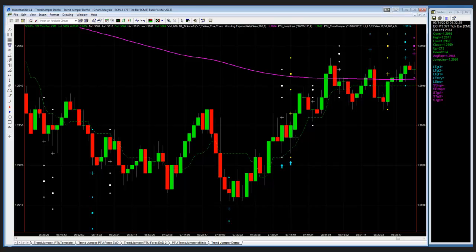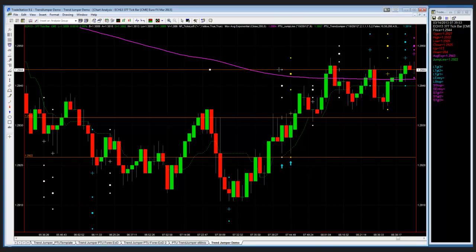You got your dotted lines, you've got your entry, your targets, your stop. And I like to go to the third target if I'm trading the Euro. So let me just show you something. If I put my entry here and my stop here, this is how much I'm risking, right? If I'm going to the third target, it's quite a bit larger. Not a lot larger because it's still a small trade. The bigger these trades get, the bigger you see the risk-reward ratio.